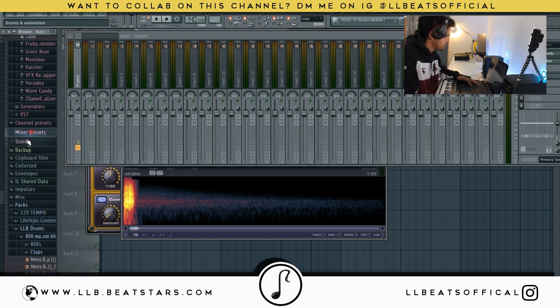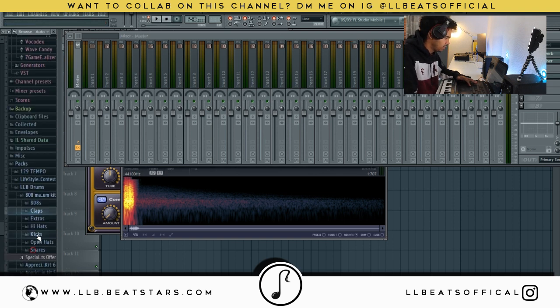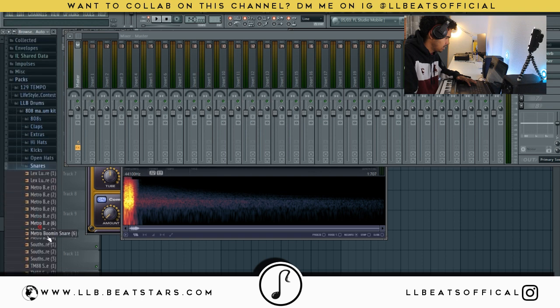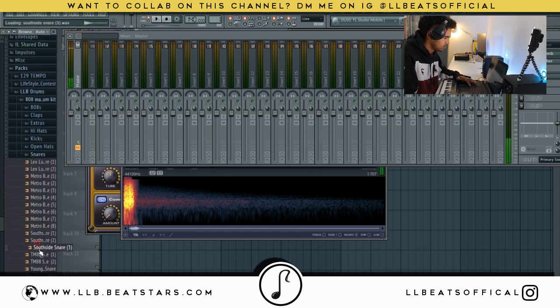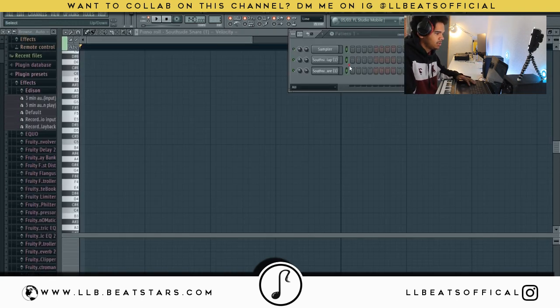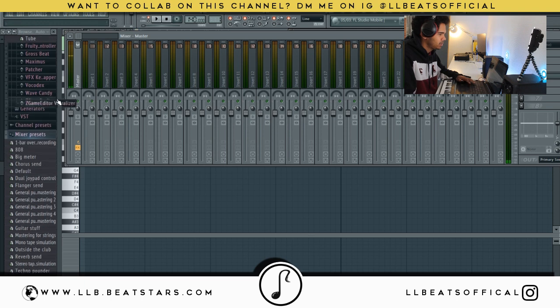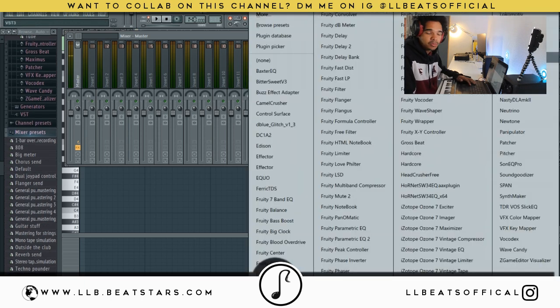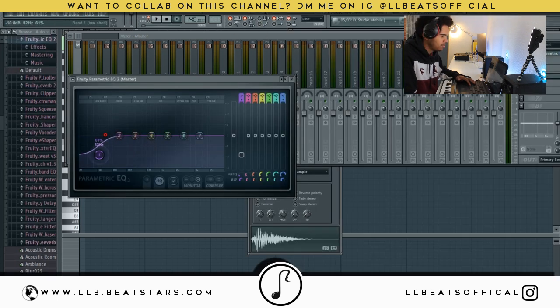Okay, so I'm going to move it over to the snare sound. Now I'm just going to find a standard snare. Okay, I like this snare, so I'm again just going to drop it into the pattern maker. You know, just play it a little bit. Head over to the master and then just start adding some more effects to it. So it depends on whatever you want to do to the sound. So for me, I think the low end's not very great on this, so it could be a bit of a thicker sounding snare. So I'm going to